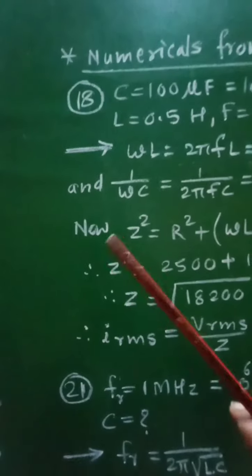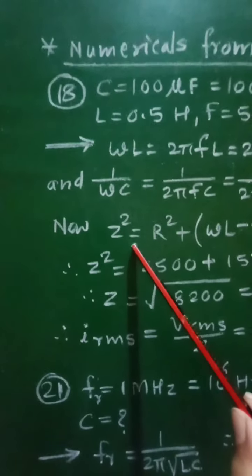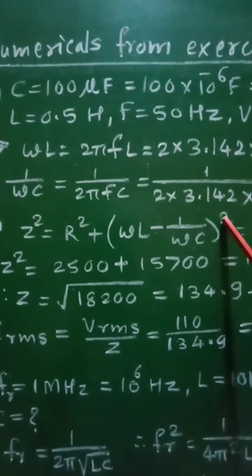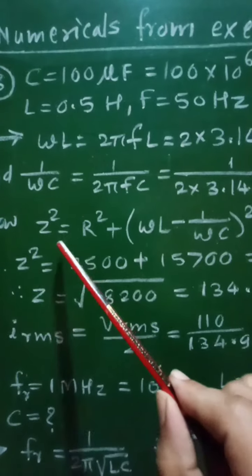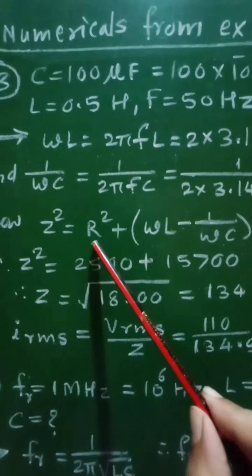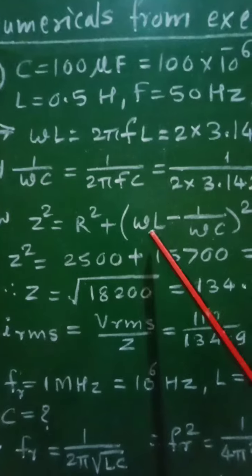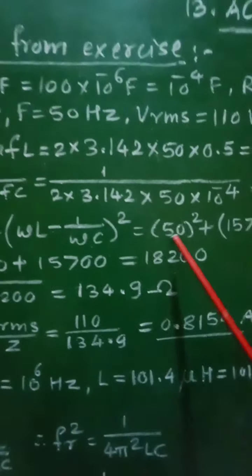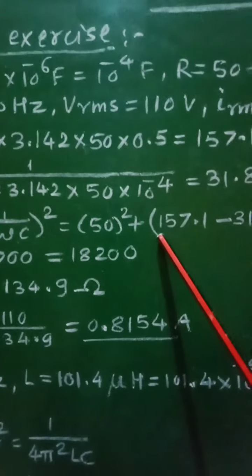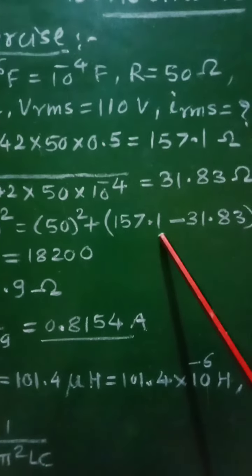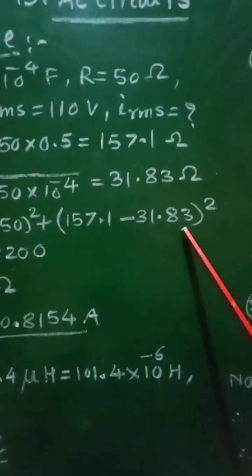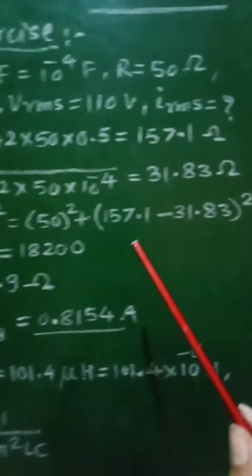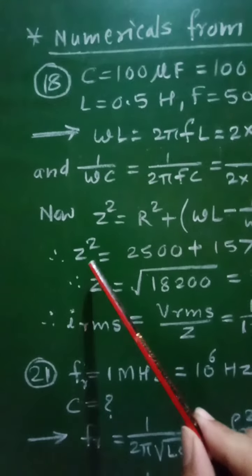Now we know that Z square is equal to R square plus omega L minus 1 upon omega C whole square. That is, Z is the impedance. Putting the values, we will get 50 square plus 157.1 minus 31.83 whole square. Then taking the square, we will get Z square equal to